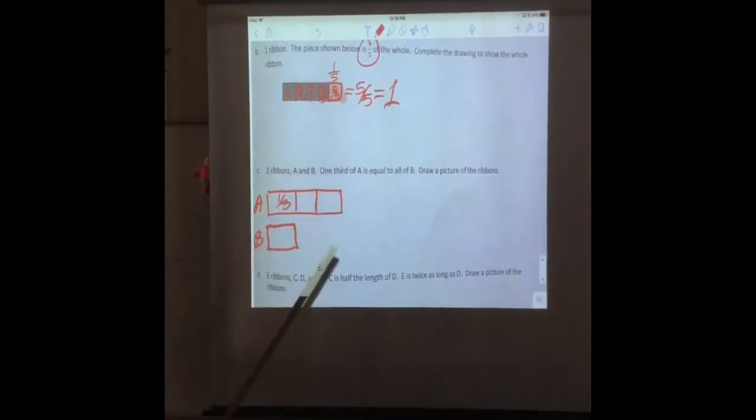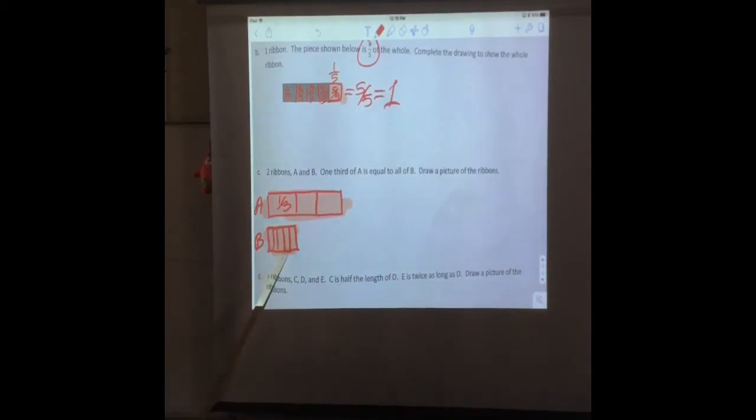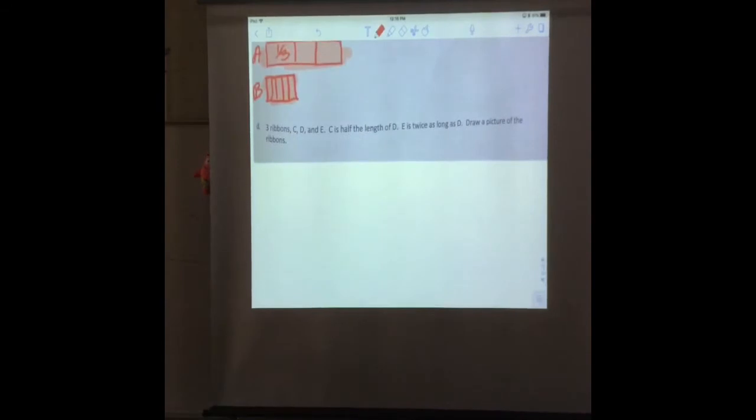And we cut B into how many pieces? 5. So this is B. That's our 5/5. It's one whole, which is equal to 1/3 of A. Okay, does that make sense? And that's the way you draw this out. Pretty easy. Now if we go down to our last one right here, it says we have three ribbons, C,